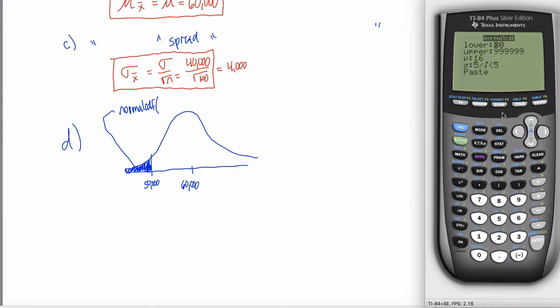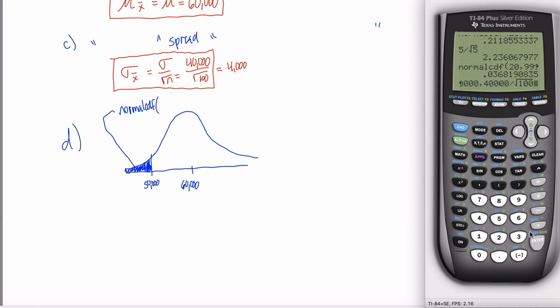My lower bound, 0 would be fine. But I've told you that anytime you're missing a lower bound, put in a large negative number just in case. But in this case, if you left it at 0, you'd get the exact same answer. Upper bound is 50,000. All right, that's the top of my shaded region there. The center is 60,000. And then my spread, you can just type it in as 4,000 if you want, but it's not a bad idea to get in the habit of typing it as an expression, 40,000 divided by the square root of 100, because often this won't end up being a nice number like it is in this example. Then you hit paste,